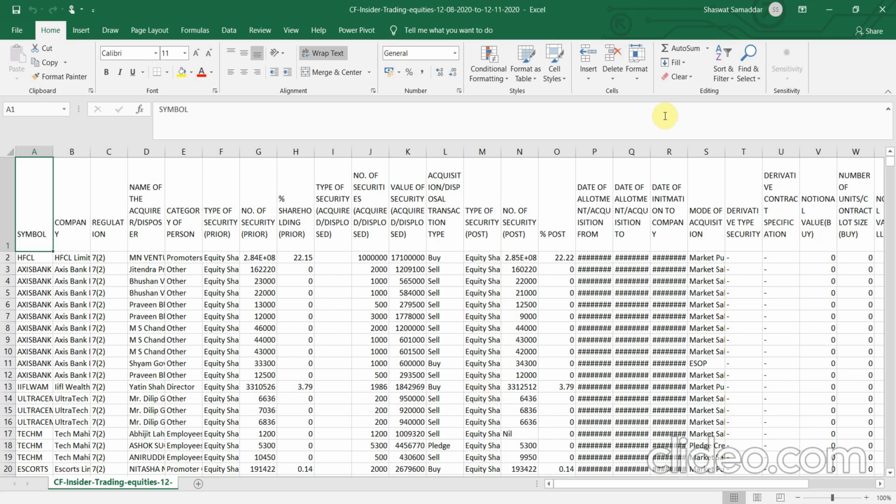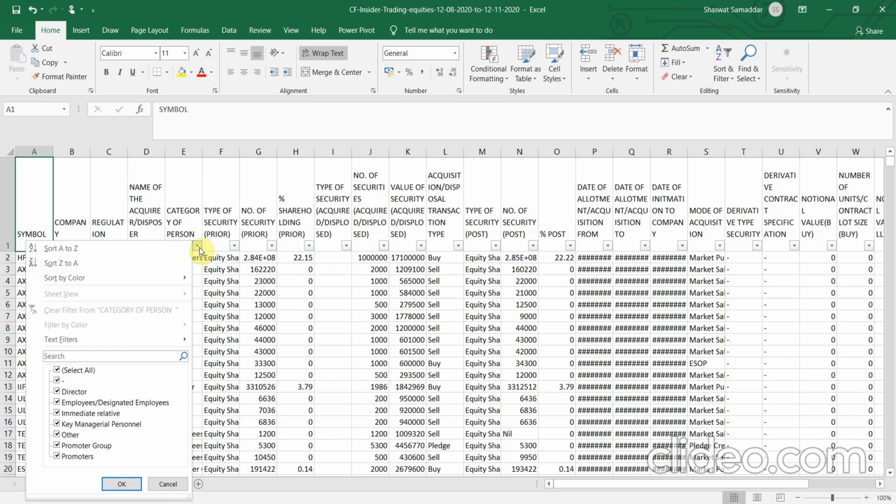Before moving any further, we have to filter this Excel sheet down, so let me quickly apply the filter. First we apply the filter on the category of person, that is the E column. I want the category of person as promoter group or promoters only.